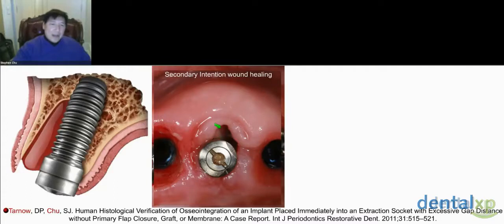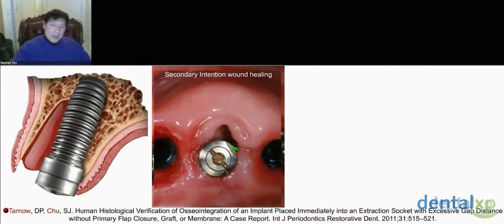In fact, the underlying tissue matures and competes for that surface first, and therefore the epithelium cannot migrate apically. So you can obviously see here that there's development of the fibrin clot underneath, and that takes some time to develop. And again, it's not uncommon about the healing process associated with the socket. In fact, whether or not you put a piece of titanium into the socket, it's going to heal the same way. The fact that you put a piece of titanium here and allow it to heal by secondary intention wound healing